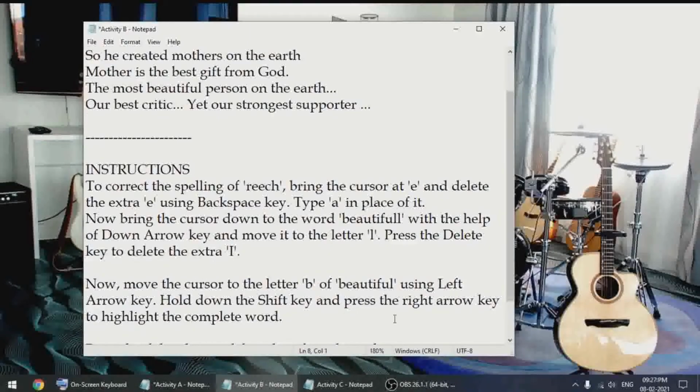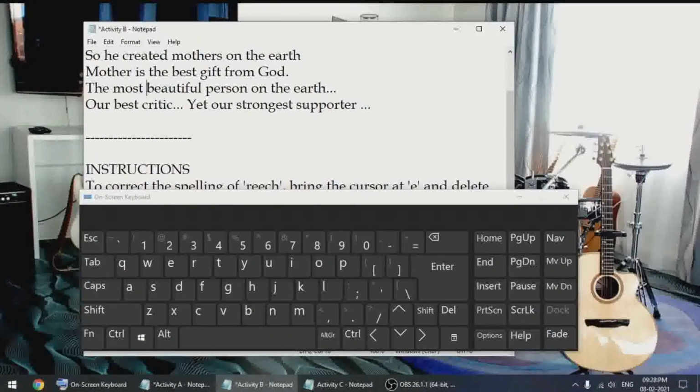So we have to hold down the shift key and press the right arrow key to highlight. What I am doing over here is also known as highlight. We have to highlight the complete word. The cursor is over here. I am going to use my keyboard right now, and I'll also show you what this keyboard looks like while I'm doing it.